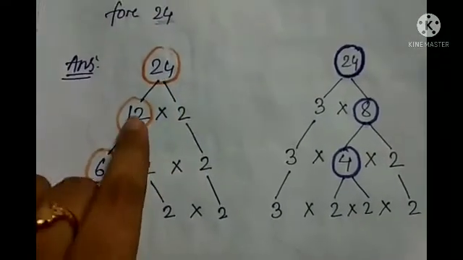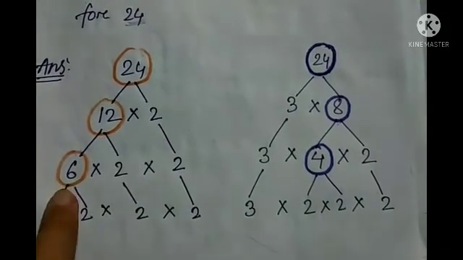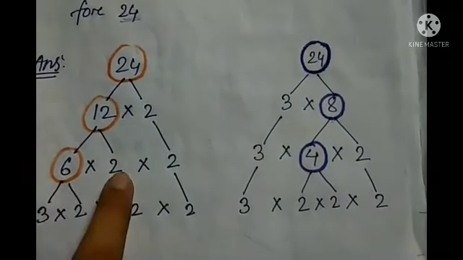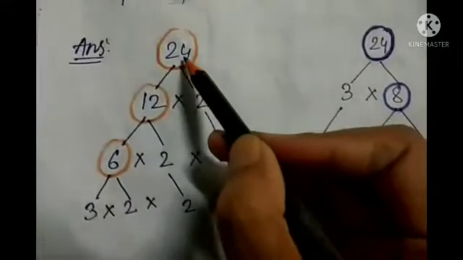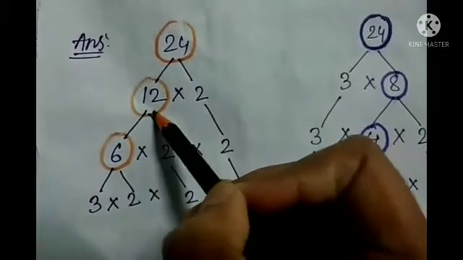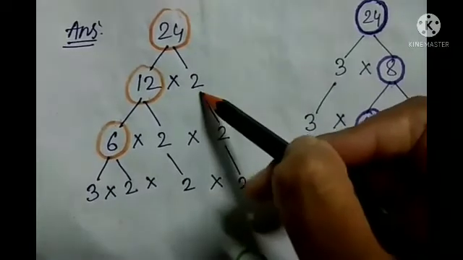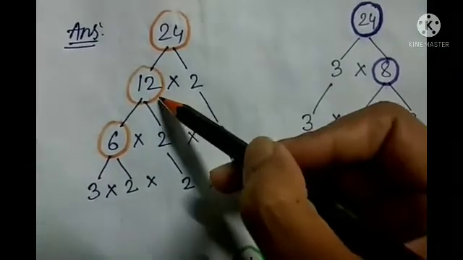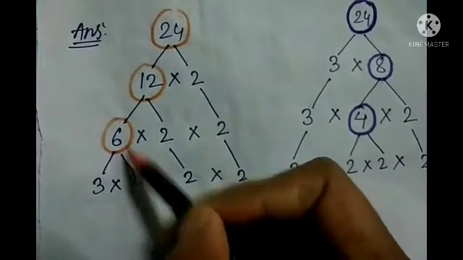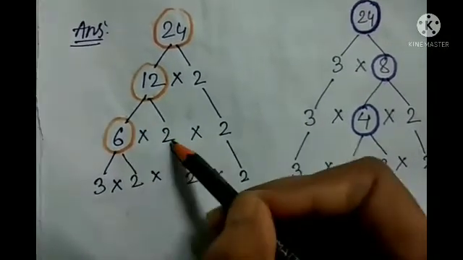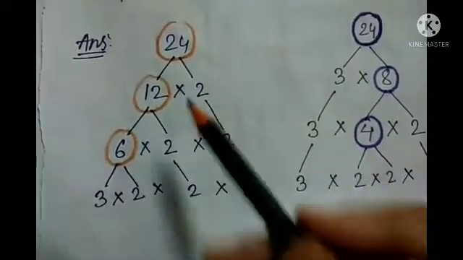First of all, I have started with 2. That means 12 2s are 24. Again 12 can be broken up. So here you can see 6 into 2, 12. You can see the branches. Be careful. When I'm breaking 24, there are 2 branches. When I'm breaking 12, there are 2 branches. I'm not breaking this 2, so this one will remain as another branch. This one will not be included with this number, because this is extra. Now 6 has 2 branches because we are breaking 6, then this 2 will be extra. So remember, only the circled number you have to break further.